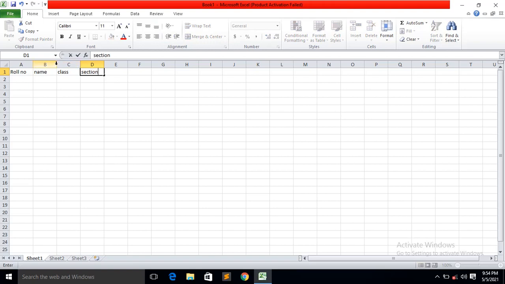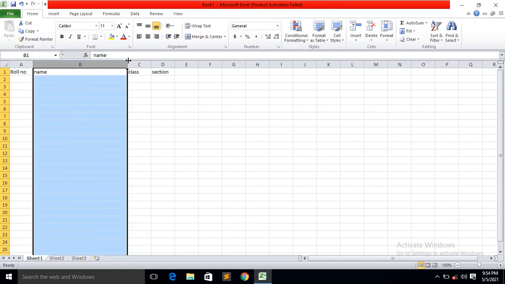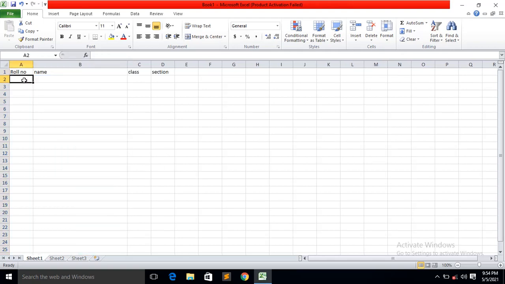Since the name takes more space, we click that column and this cursor comes, then you just drag the mouse like that. Now you go on keeping the records.